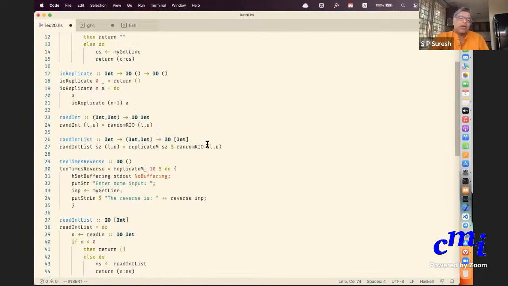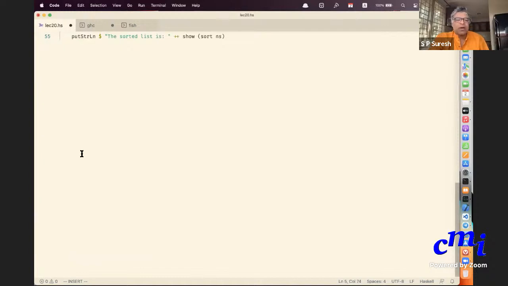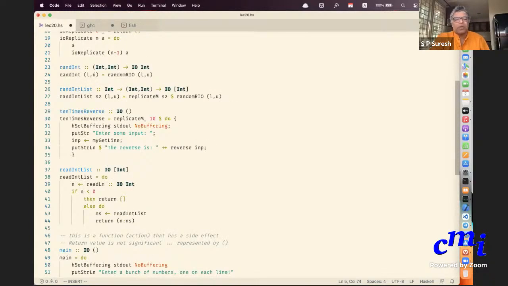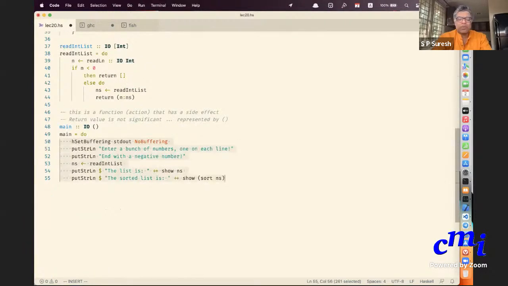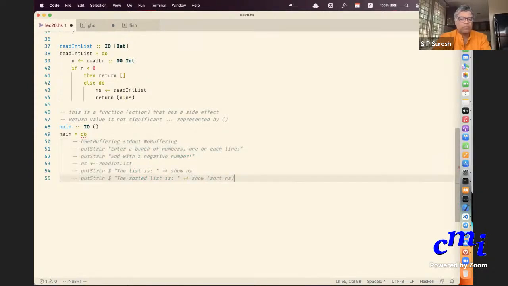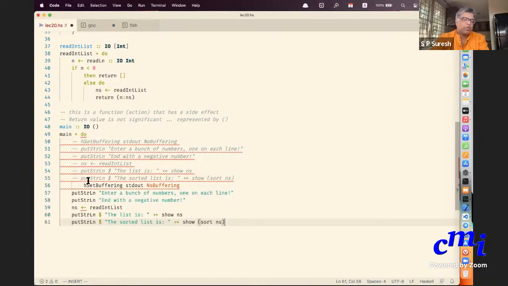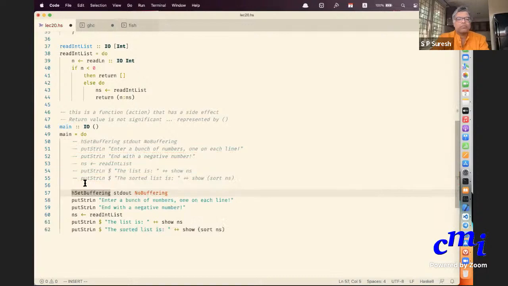So then I can modify this. Rather than saying end with a negative number, that's a version which I'll just save.